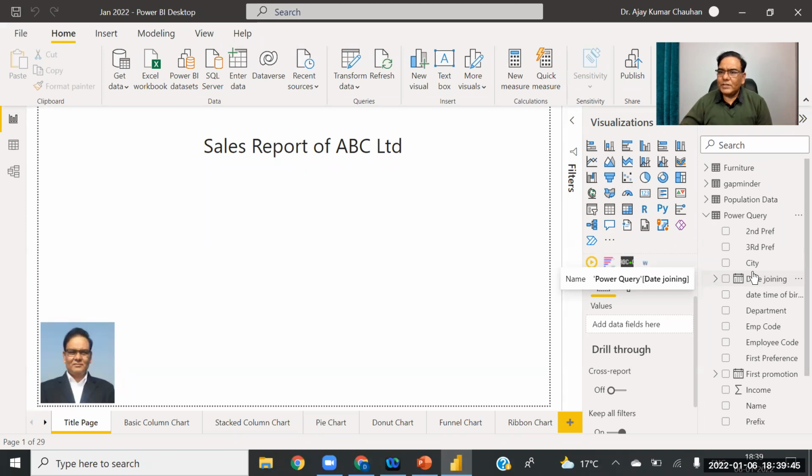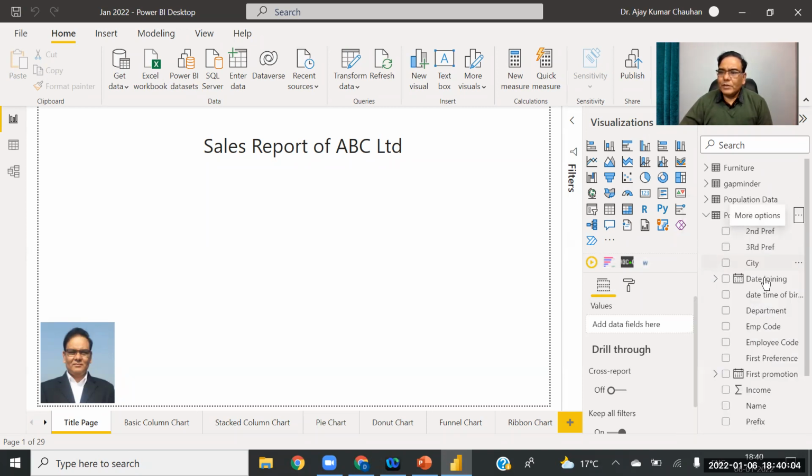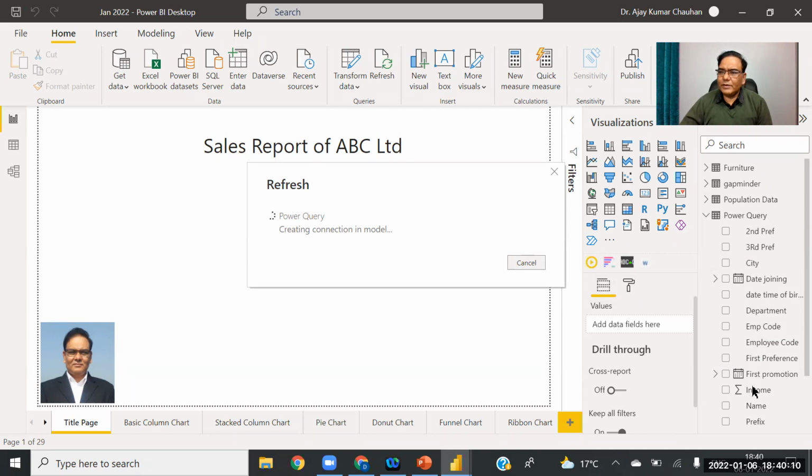So I need the changes I did in the Excel data along with the changes I did in Power BI. You just click on these three dots and refresh data. After this refresh, all the changes you did in the Excel file come here.